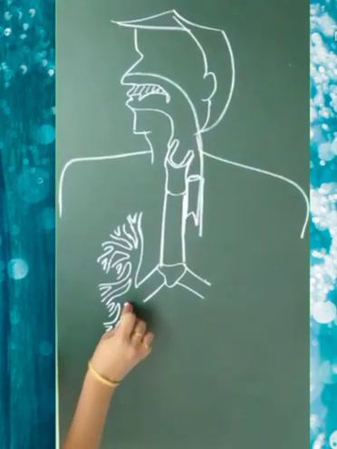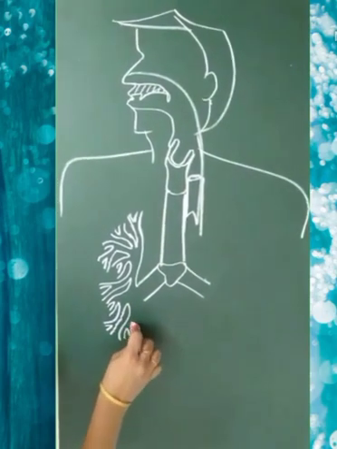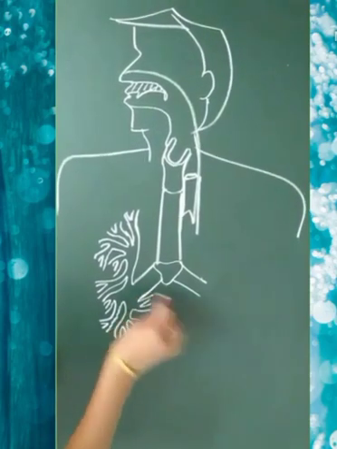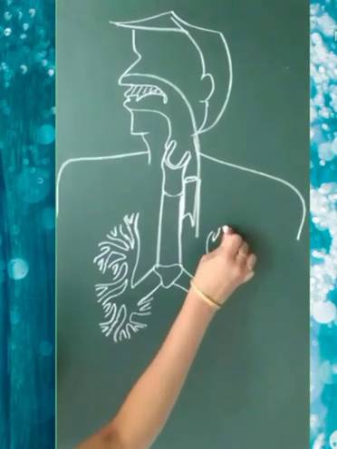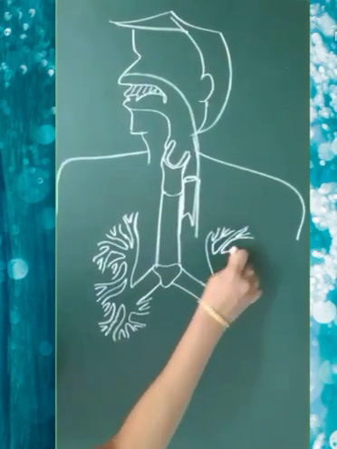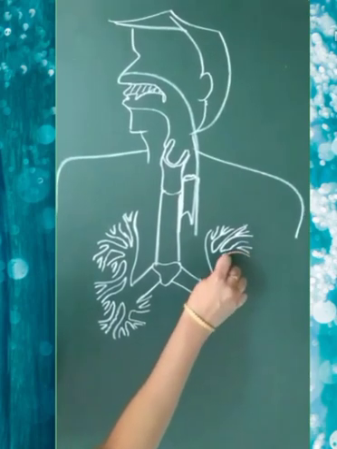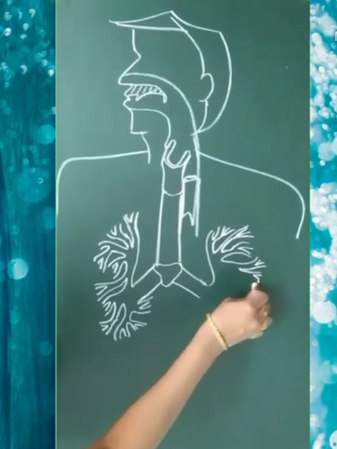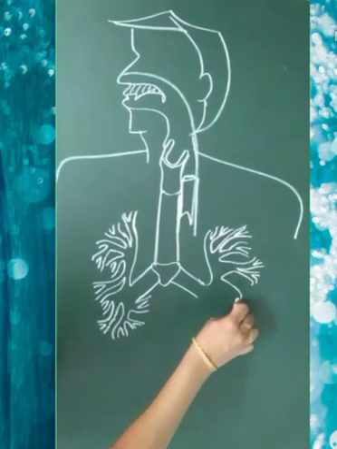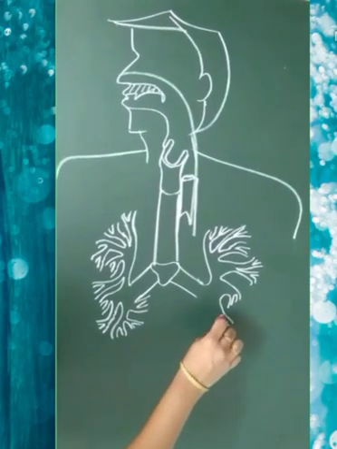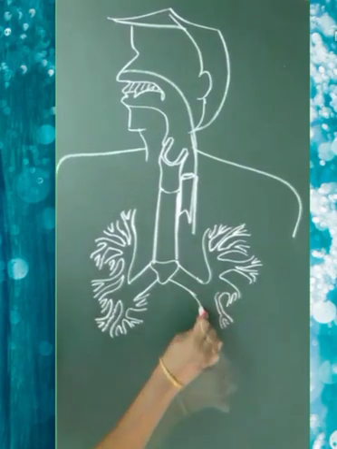I'm not drawing the alveolar sacs or the alveoli here. You can draw them from the textbook as well, because in our lungs we don't actually have bag-like structures, meaning every bronchiole ends in a bag-like structure from inside. You can't see it like a correct ball from outside. That's why I'm not mentioning the alveolar sacs diagram, but you can add it from the textbook.